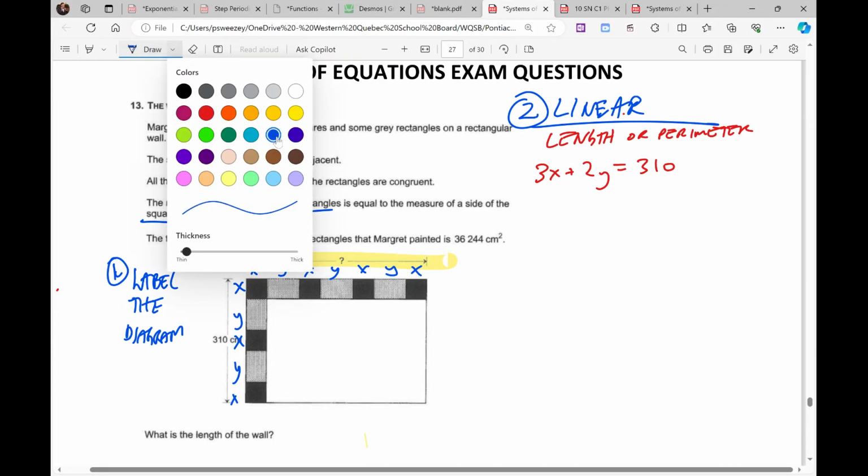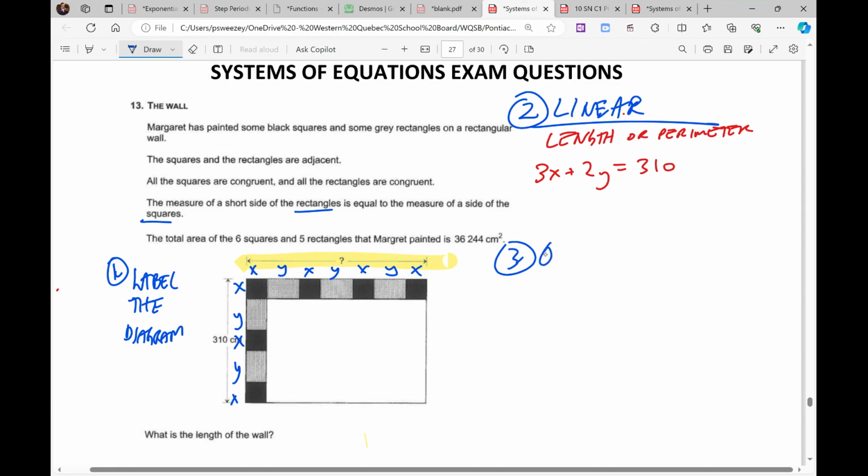We then look at our quadratic, and say, well, what's going to indicate to me that I'm dealing with quadratic? It's either going to say area, or it's going to say meter squared. Okay? Area and/or meter squared, or centimeter squared, or something along the lines of that. So, measurement squared, like that. So it then says that the total area is 6 squares and 5 rectangles, and that the total area of 6 squares and 5 rectangles that Margaret painted is